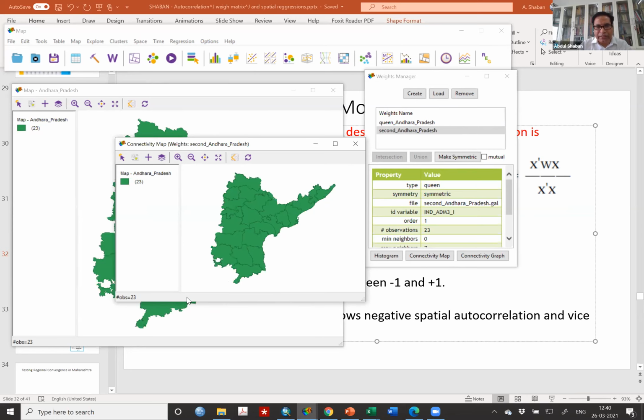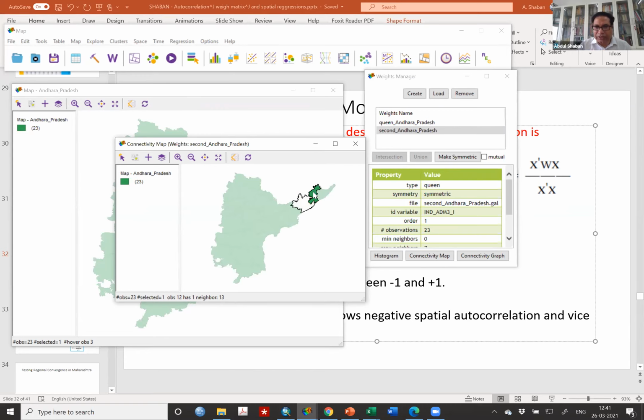When I put this cursor, look at here on this one. So this band shows where they are located. For this one, observation 11 has no neighbors. It is not true. It has the neighbor which is the nearby district, observation 12.